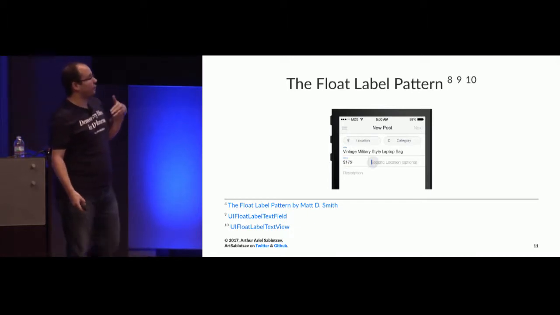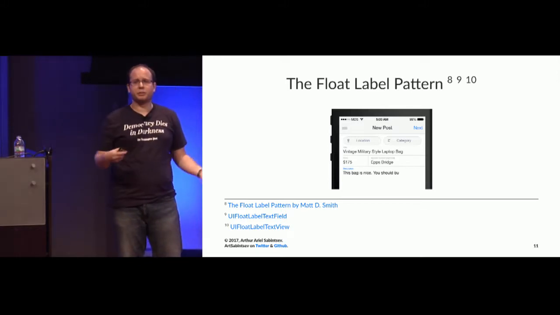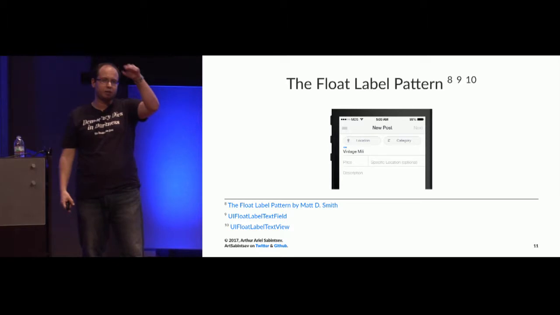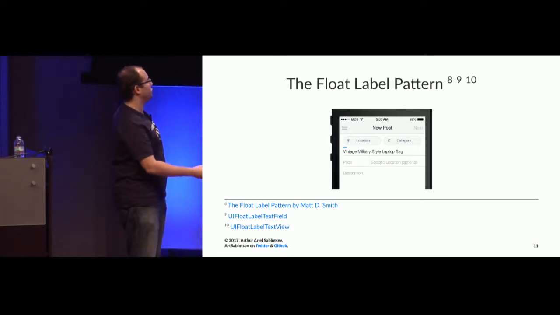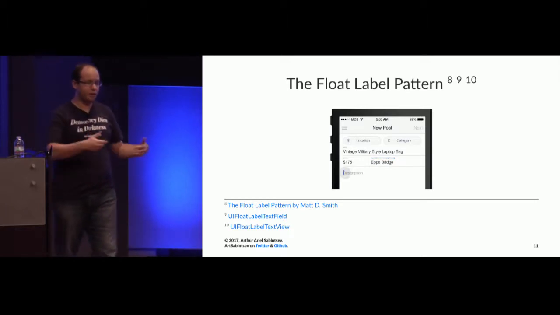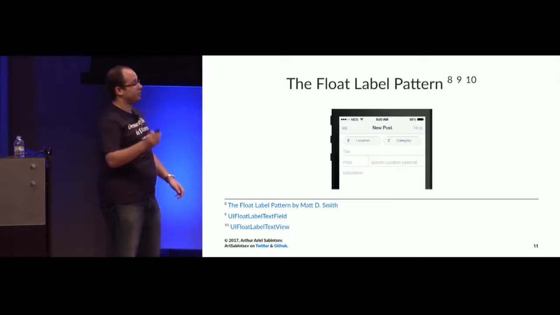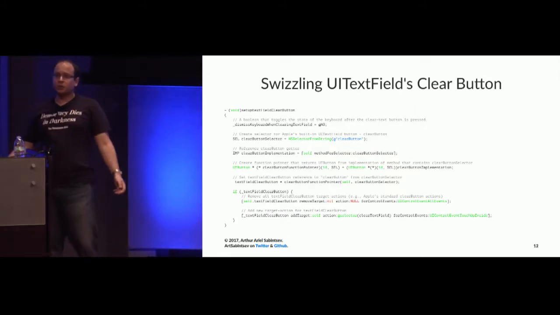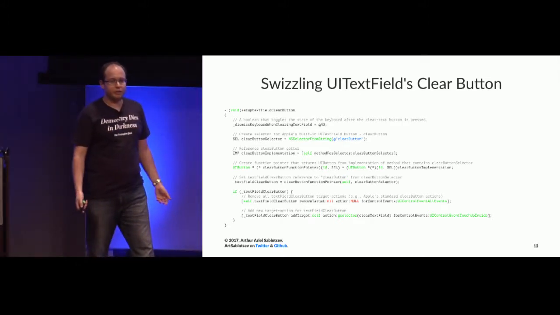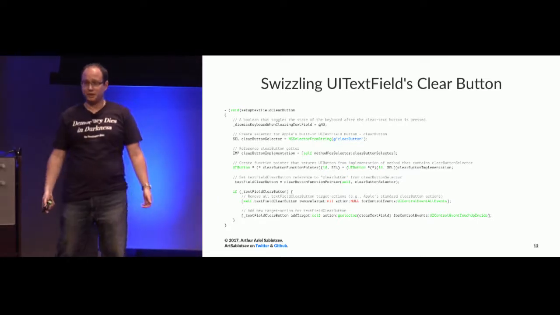So I said, I want to build this library myself, because I also wanted some custom features on UIMenuController, that little black bar that pops up with cut, copy, paste. I wanted to be able to toggle those as well, because I had a use case for that. So I figured I have two reasons right now where I should build my own implementation. I built my own version from scratch, especially to get this animation feature. To do that, I had to swizzle a UI component. I'd never swizzled in my life at that point, and I never wanted to swizzle a UI component either. But I'm going to teach you how to do it in Objective-C right now.